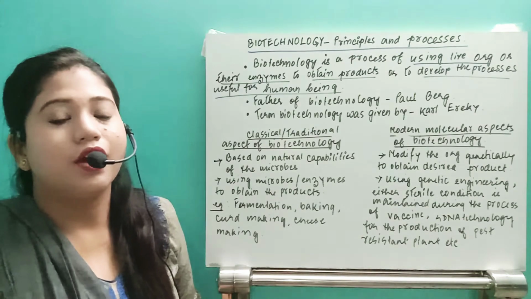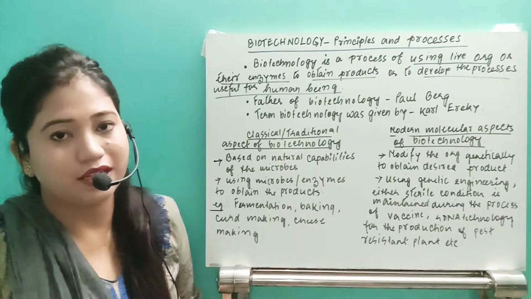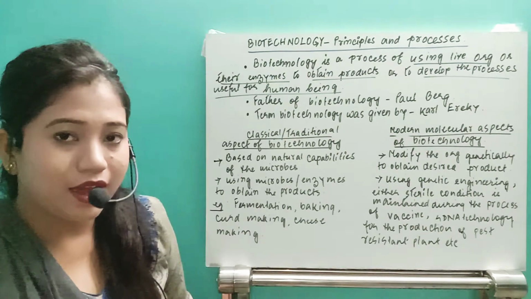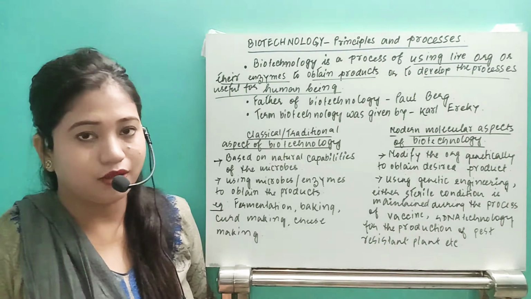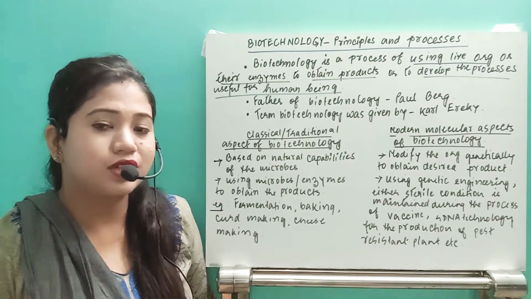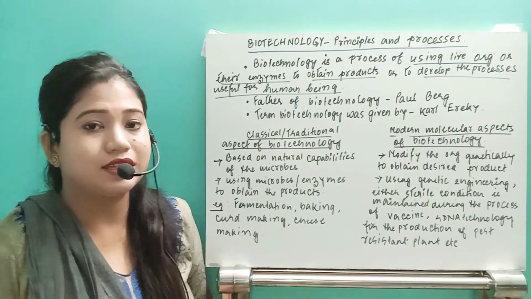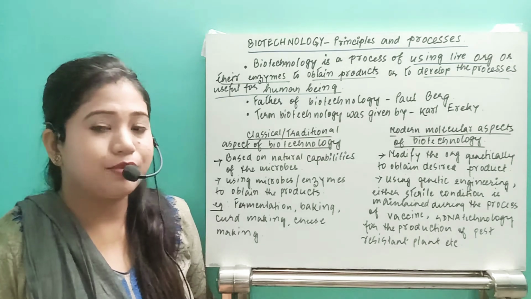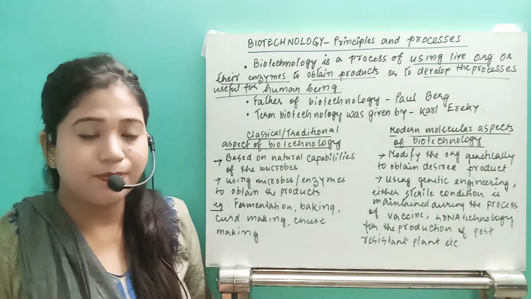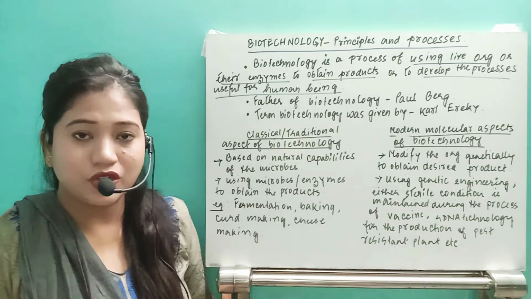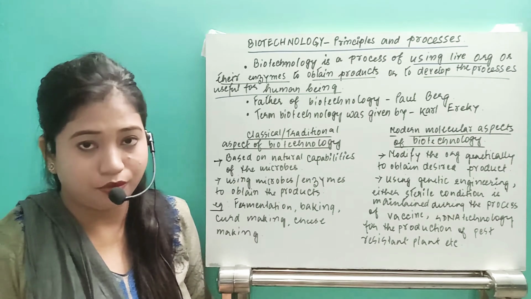Hello students, today we are going to discuss a new chapter, that is biotechnology. This biotechnology is actually one section of your second year syllabus where it has two chapters. One is the principle and process and second is the application. In the principle and process, we are going to discuss the different technology, how actually gene manipulation is done in the organism so that we can acquire or get the product.